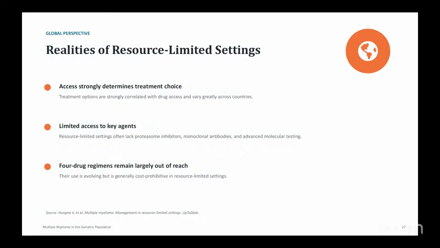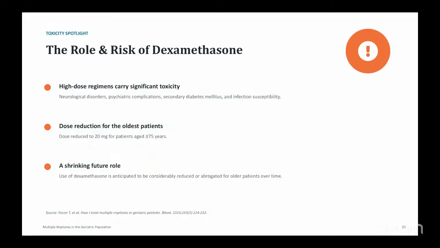Okay, now let's imagine that we sat down, we asked the patient, we put a treatment goal that's in favor of the patient's situation according to their frailty score and according to their overall score. We would expect some side effects from the treatment. However, I will not be going specifically through all of the oncologic, the chemotherapeutic agents, but I would like to give the spotlight to one specific medication, which is the dexamethasone.